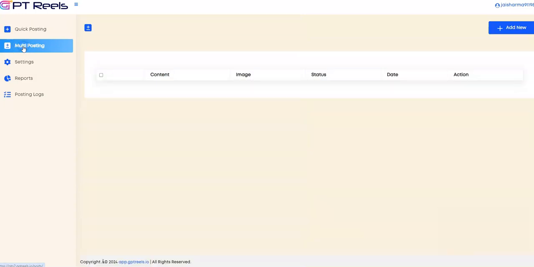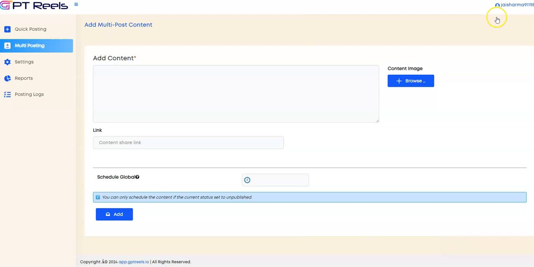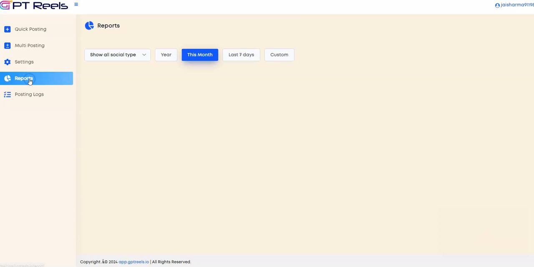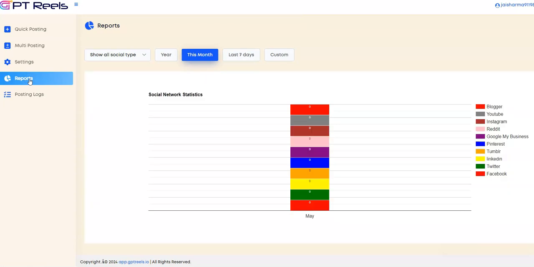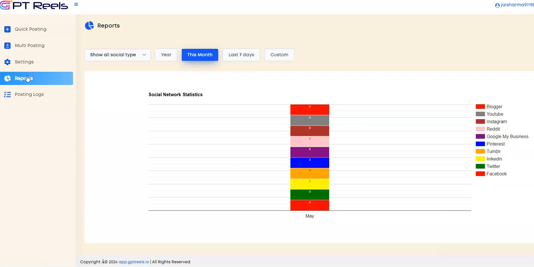So multimedia posting is the next particular section over here, where you can add your content over here and put your link and schedule the post, and then that will automatically get posted for you. So whatever posts that you're posting on your multimedia content will be listed for you over here in your posts log. So all the posts are going to be listed right over here for you guys,